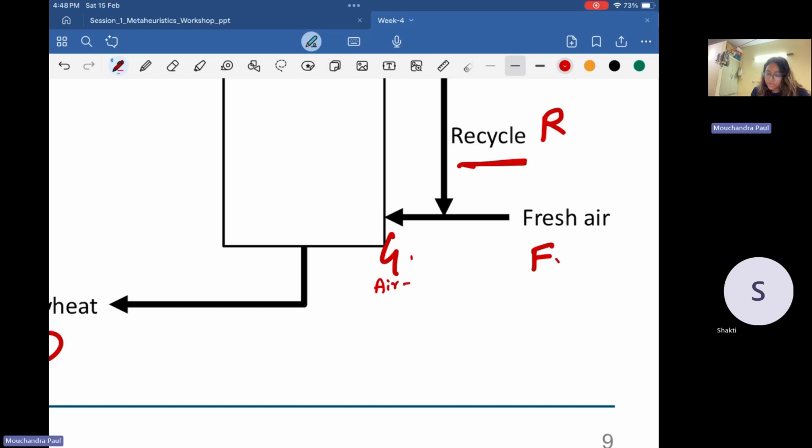Okay, so we have all the values, but we have to calculate the input of moist fresh air, F, and the recycle rate R. So again, this will be a mass balance equation we have to write. So if you write an overall balance,